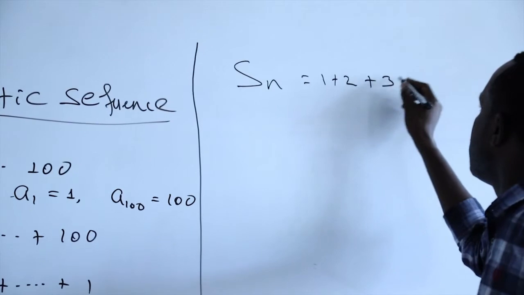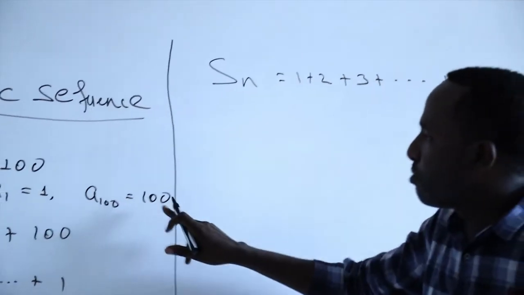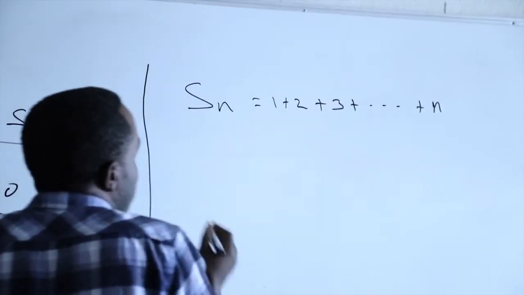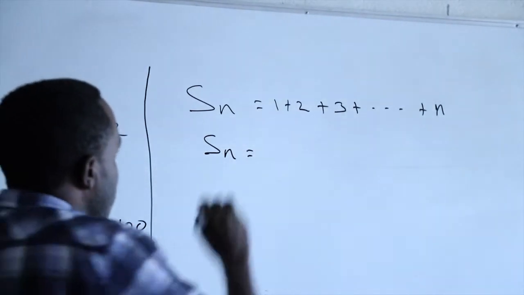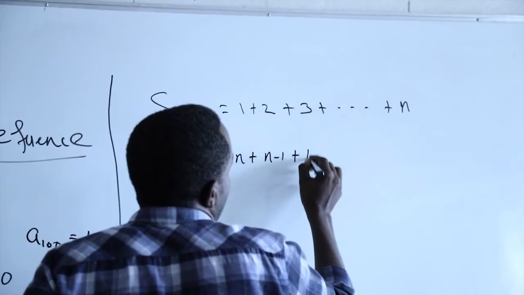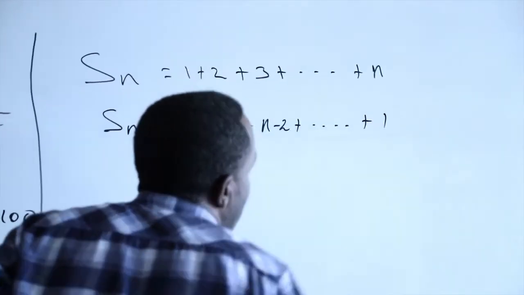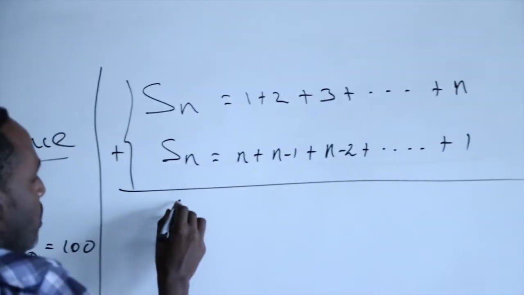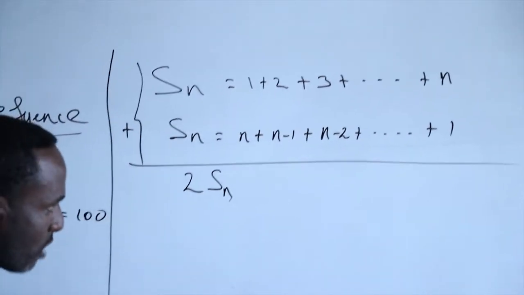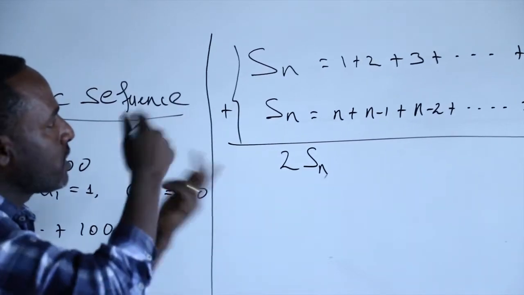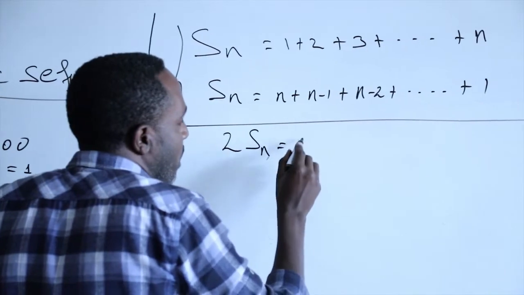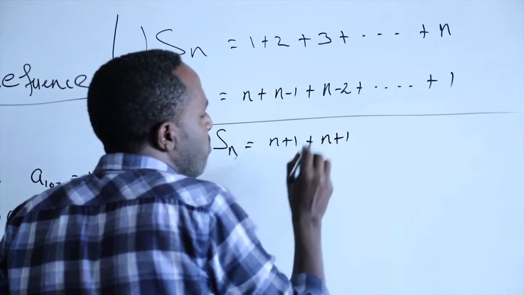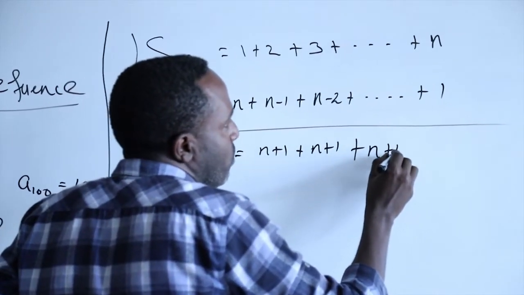Now, in general, if we take the sum Sn of first set of natural number 1 plus 2 plus 3 plus up to n. እዚህ ጋር ያየነው እስከ 100 ያሉትን ለመደመር ነበር፣ ነገር ግን in general n ብንለው ስለዚህ ምን ሆኖ እናገኘዋለን? አሁንም አዙረን ብንደምረው Sn እኩል ነው n plus n minus 1 plus n minus 2 plus እስከ 1 ድረስ አዙረን ነው የደመርነው። በተመሳሳይ መልኩ እዚህ ይሰራለው ማለታችን ነው። ስለዚህ ማለት ስንደምረው Sn ሲደመር Sn 2 times of Sn which means Sn means the sum of the first set of natural numbers። ስለዚህ አዙረን ሪቨርስ አድርገን የደመርነው እዚህ ጋር n ሲደመር 1 n plus 1 ይሆናል plus n minus 1 plus 2 ምን ይሆናል n plus 1 ይሆናል።